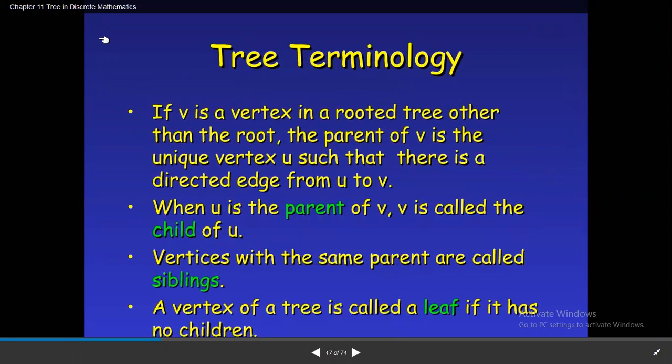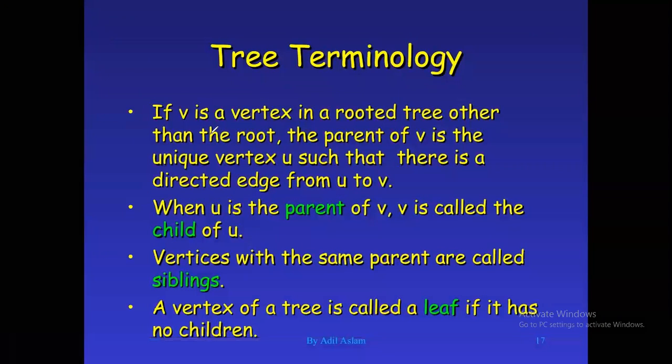When you come to this one, if V is a vertex in the rooted tree other than the root, the parent of V is the unique vertex U such that there is a directed edge from U to V. So what is it saying? For example, A